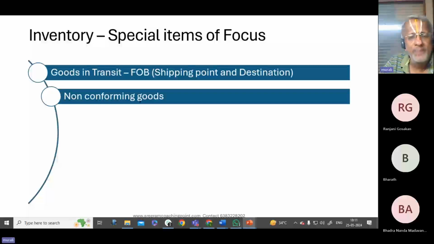Non-conforming goods. From the very name, you understand that you would have ordered A, they would have delivered A, B, or some other item X which may be resembling, and quite naturally the buyer will reject. Until it is accepted as their goods, these non-conforming goods will not be considered a sale, and will be taken up as stock from the viewpoint of the vendor.